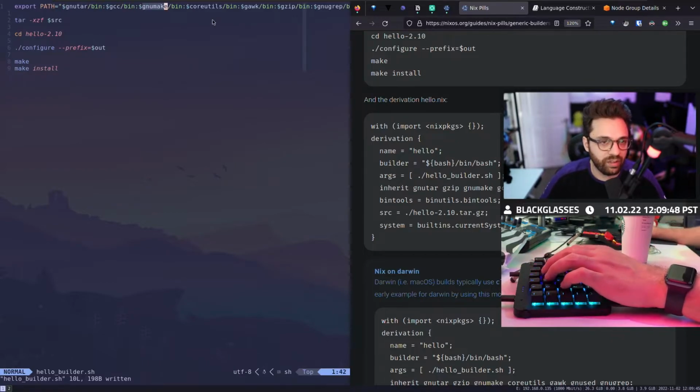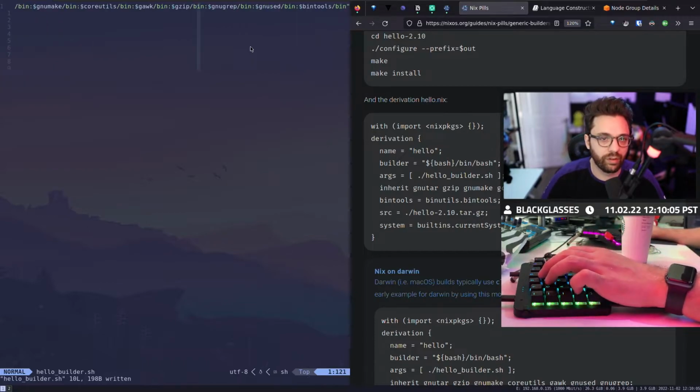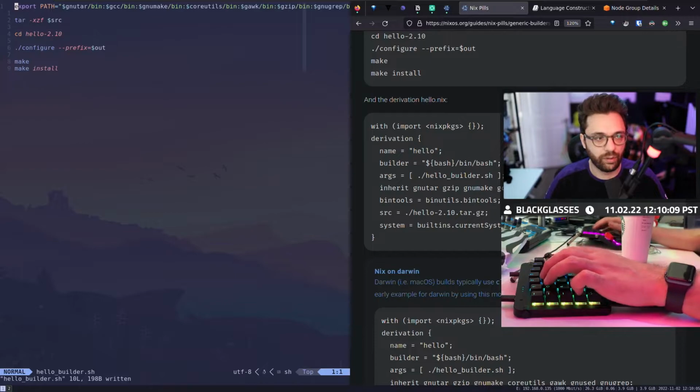And you'll notice that obviously I don't have real paths here. I've got environment variables. This is, again, some of that power of Nix where it's able to create environment variables for us. So we can just say, all right, well, it's coreutils name. This will become the path, and then coreutils as a binary becomes available to us. Same thing with all of these other things, gzip, gawk, and GCC, or whatever you want to call it.